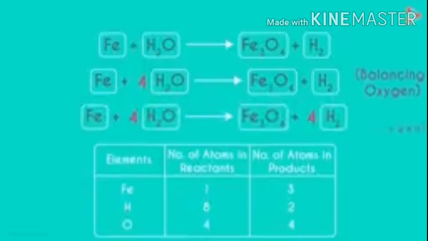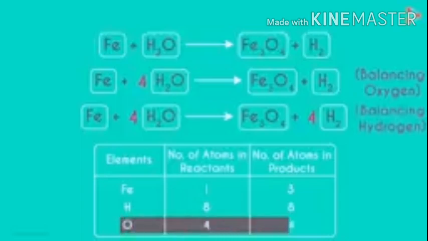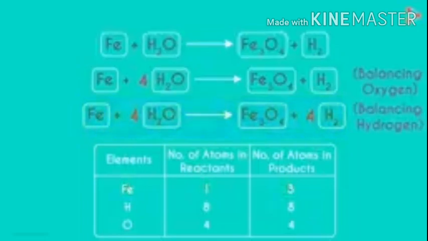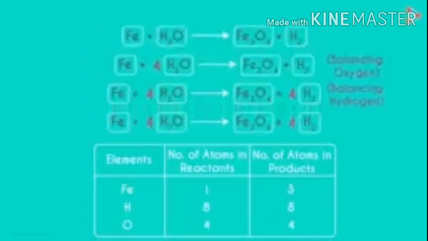Hope you are able to count that the number of atoms of hydrogen on both the sides and the number of atoms of oxygen on both the sides is equal. Means our hydrogen and oxygen are balanced now. What about iron? How can you balance iron? Examine the above equation and pick up the third element which is not balanced. You will find that only one element is left to be balanced, that is iron. To equalize iron, we can take 3 atoms of iron on the left hand side.